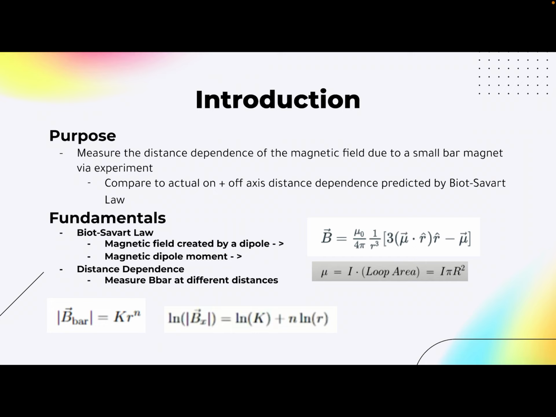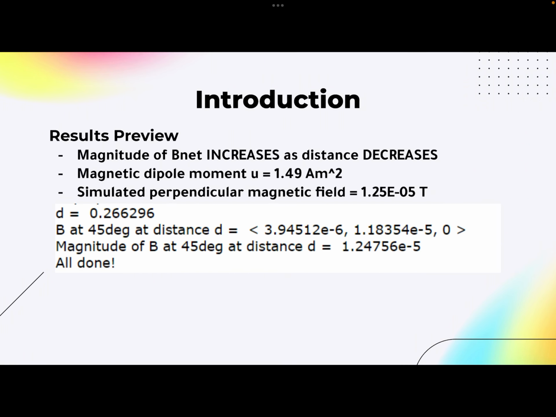magnetic dipole moment mu. A brief preview of the results shows that the magnitude of net magnetic field increases as we get closer to our source, or as distance decreases. Our measured dipole moment was 1.49 ampere meters squared, and our simulated magnetic field was 1.25 times 10 to the